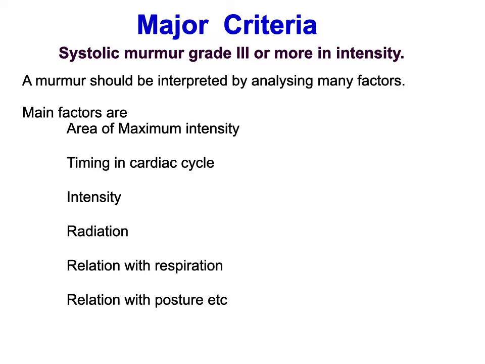If a murmur involves the left side of the heart, it is more likely to be more prominent when the patient is in the left lateral position. The base of the heart is in the upper part of the chest anatomically. So if you stoop forward in sitting position, what will happen? The base will come in close proximity to the chest. So basal murmurs are more prominent when you sit and stoop forward, that is, incline forwards. So these are the things that will be discussed.